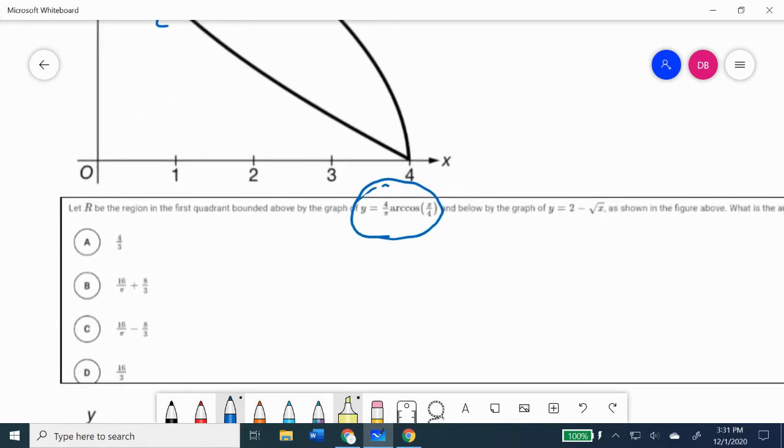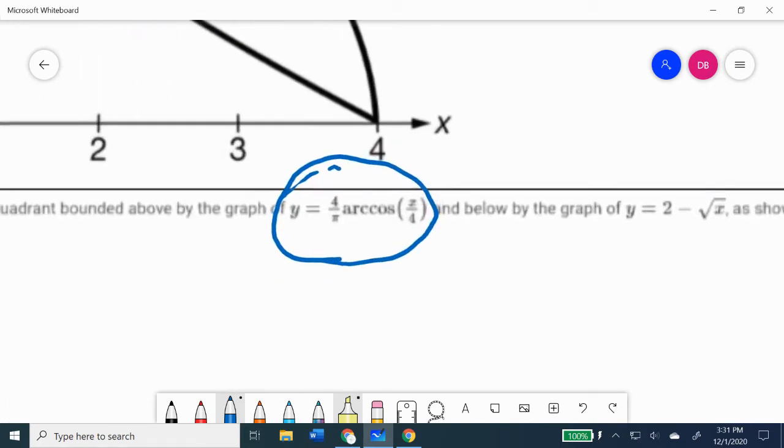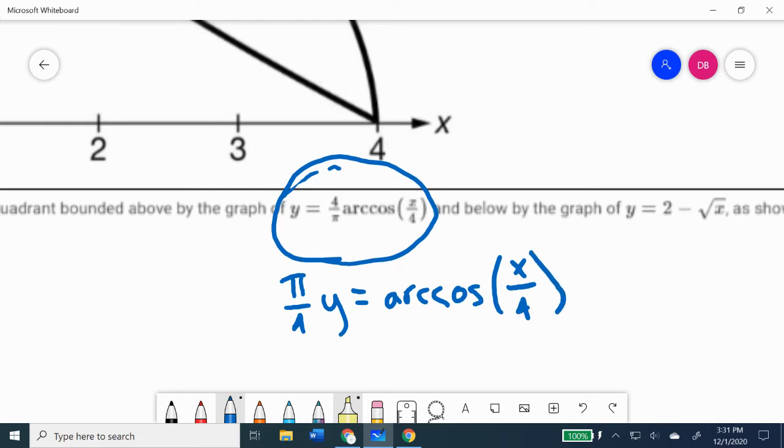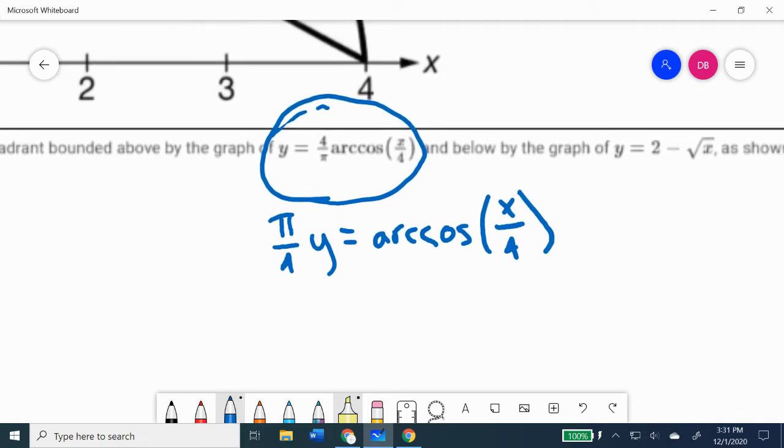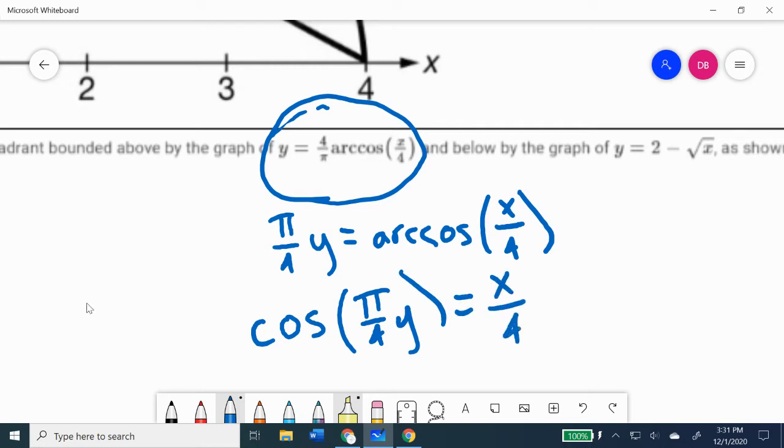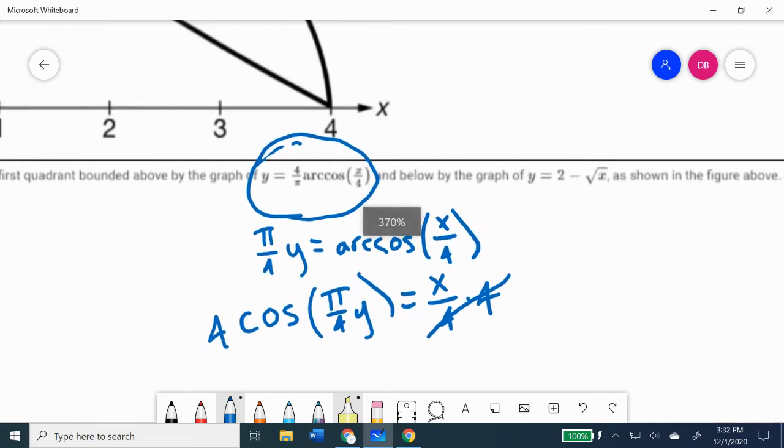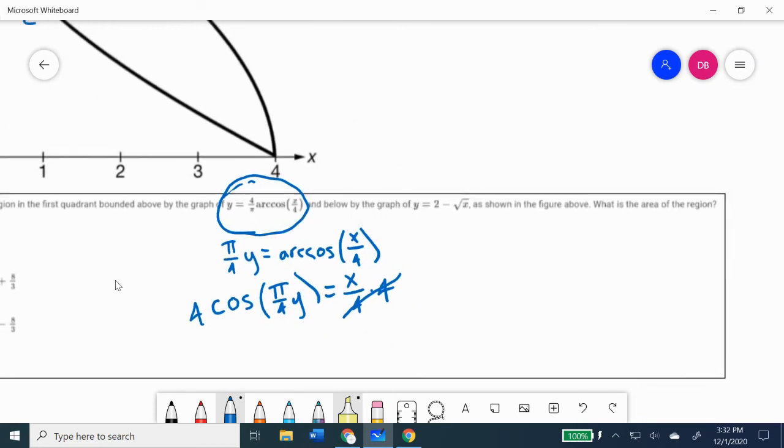In order to isolate x, I need to first multiply both sides by pi over 4. Then I take the cosine of both sides, and that will cancel with the arc cosine because they are inverse functions. They will undo each other. And then the last thing is to multiply by 4. And now I have what x is equal to, because I'm going to need that for my right or my left x. The other function needs to have x isolated, so